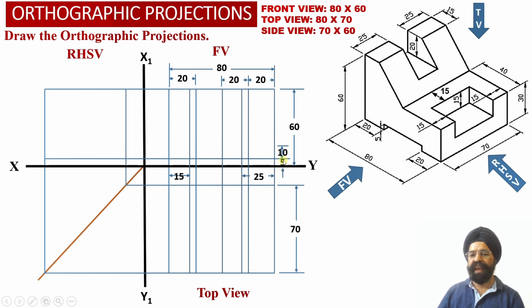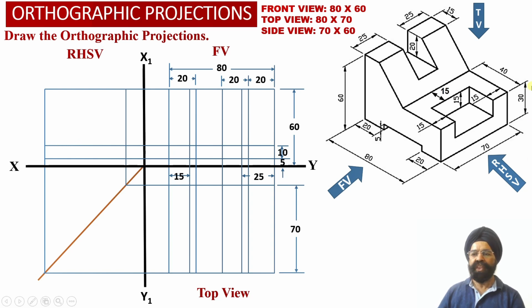So now we have marked a distance of 15 millimeter from the base of the solid, such that this top surface of the rectangular slot can be obtained into the front view projections over here. So at a distance of 15 millimeter from the base, we have been able to obtain a horizontal projector line into the front view orthographic projections, and we have extended this horizontal projector line into the right hand side view